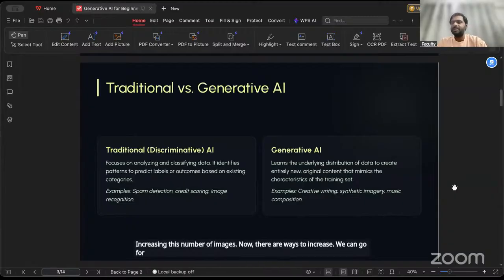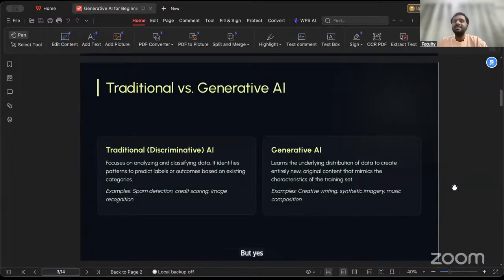We can go for augmentation. We can flip the image. We can change the colors. Those things are possible. But yes, again,